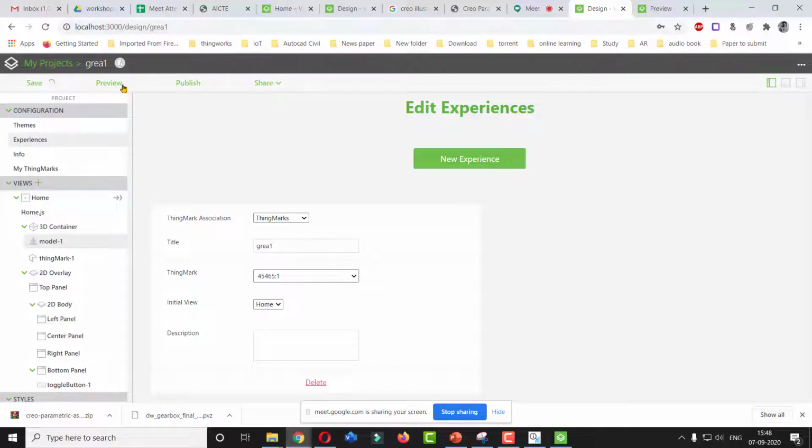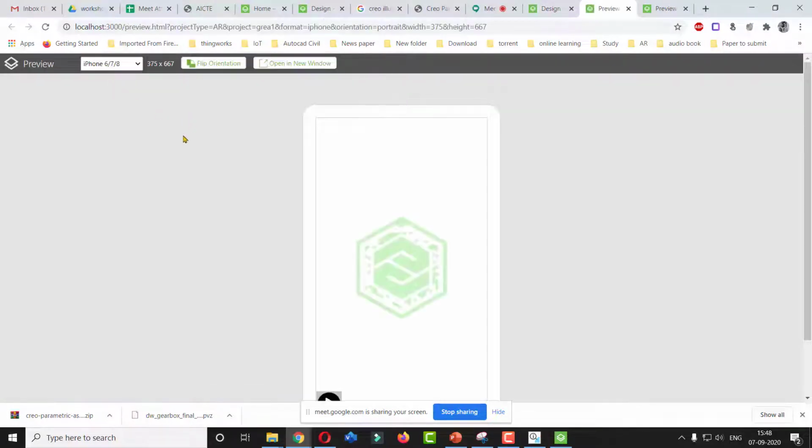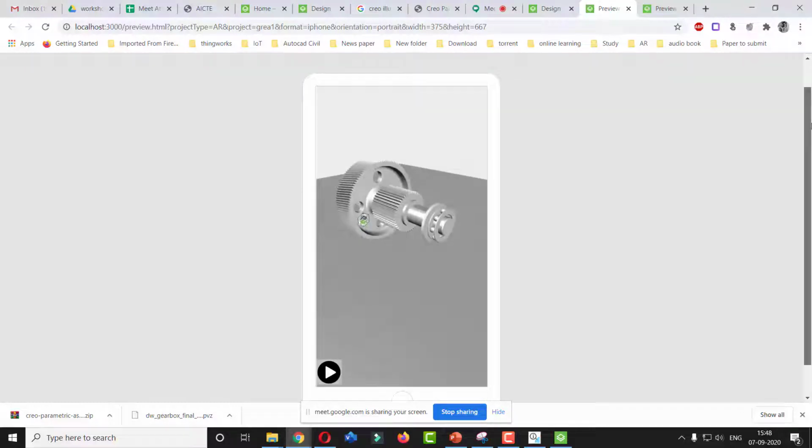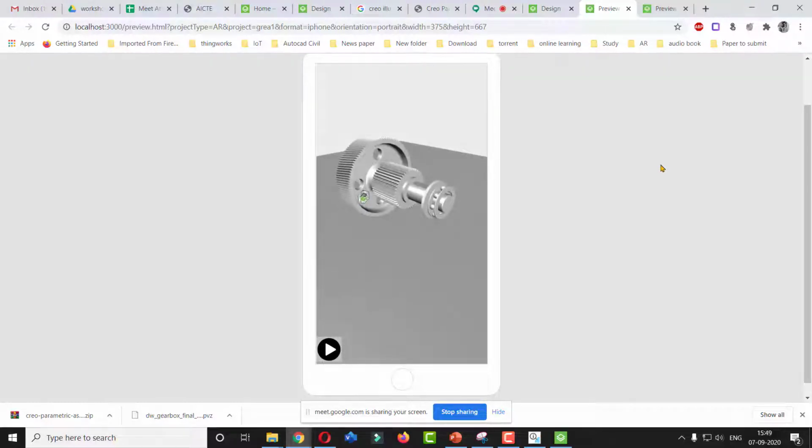Then क्लिक ऑन प्रीव्यू. प्रीव्यू में आप देख सकते हो कि जो भी आपने चीजें डिफाइन की है वो राइटली वर्क कर रही है या नहीं कर रही. उसके बाद आप पब्लिश करोगे, क्योंकि अगर आपका ऑब्जेक्ट लार्ज है, इट इज बेटर दैट वी शुड चेक इट प्रीवियसली वेदर इट इज वर्किंग और नॉट.